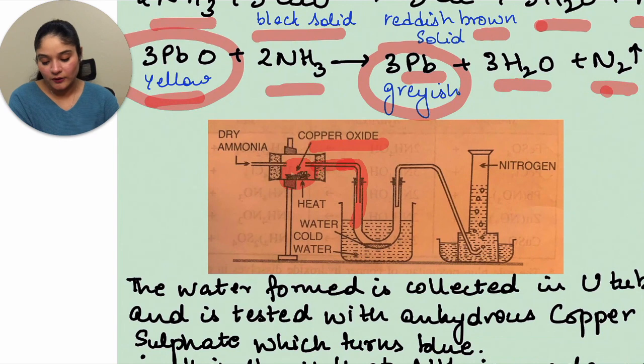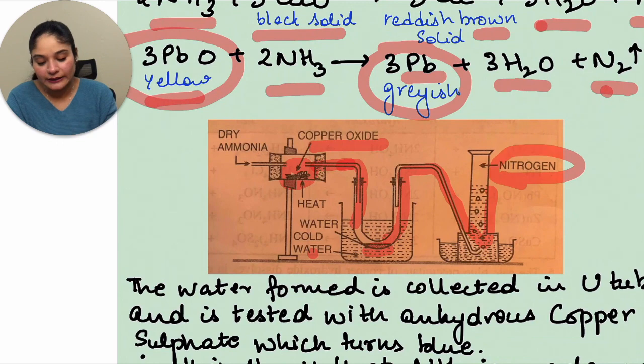So if you see copper, water, cold, so you have cold water present here. This portion, okay, when you see there's a line and there are certain dots. What happens in this case is that water vapor that are coming along with nitrogen, they will condense and settle down, whereas nitrogen gas will further move ahead. So when nitrogen gas further moves ahead, it is collected right here.